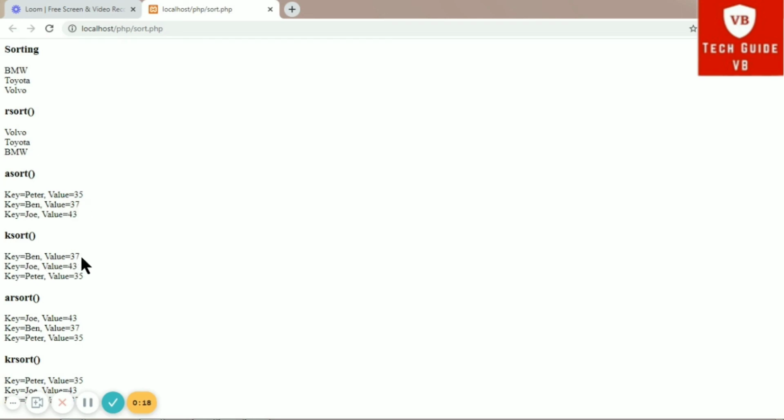Then ksort is in ascending order according to key: Ben, Joe, and Peter. arsort sorts the associative array in descending order according to value: 43, 37, 35.